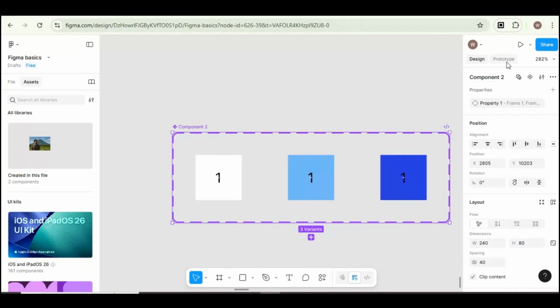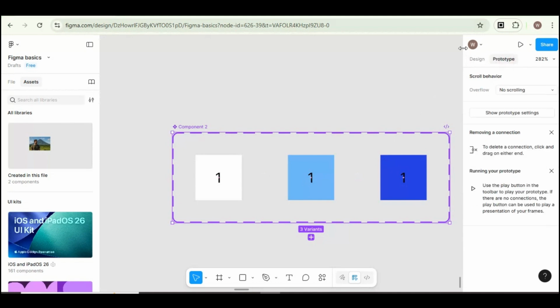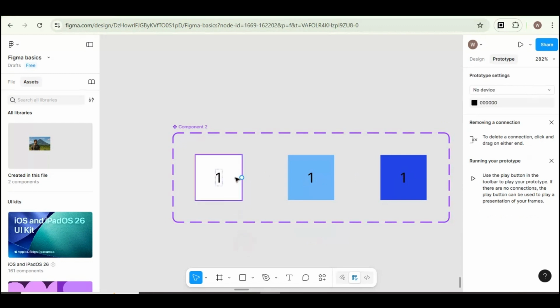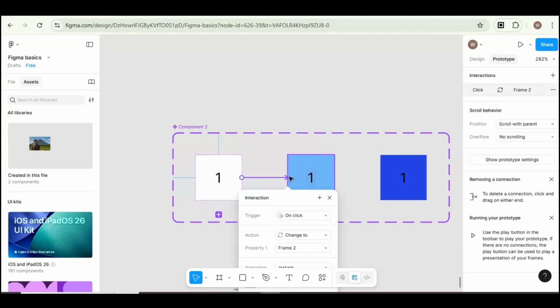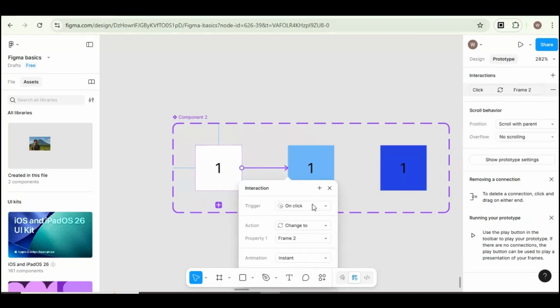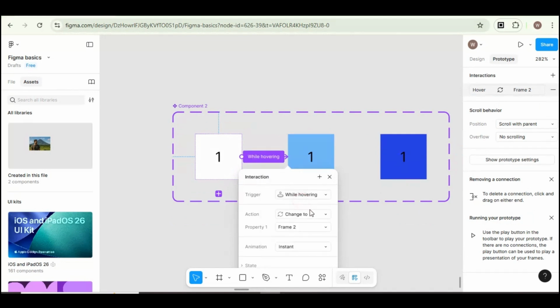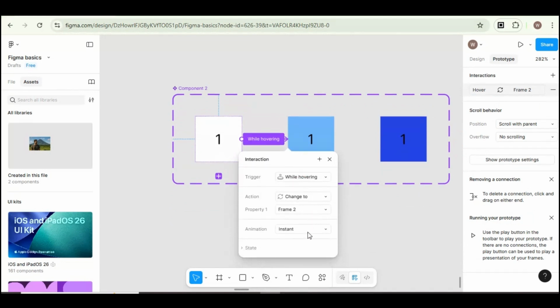Go to the right corner and click on Prototype. This will allow us to connect these component sets. So first, when you hover your mouse on the first frame, you can see the small circle on the right side. Click on that and drag it to the second frame until it is connected. And then let's change the trigger to While Hovering, and then the animation should be Smart Animate